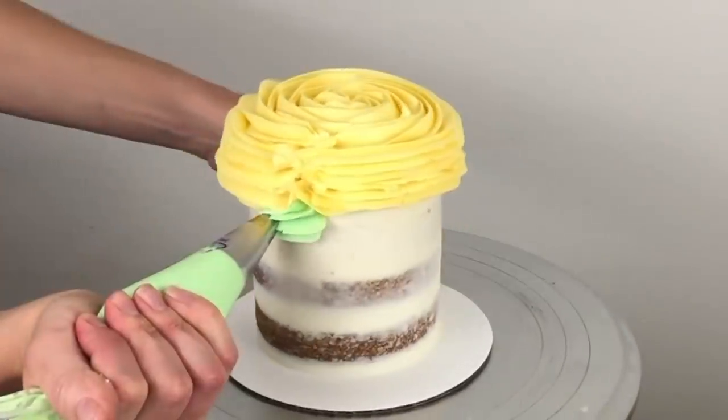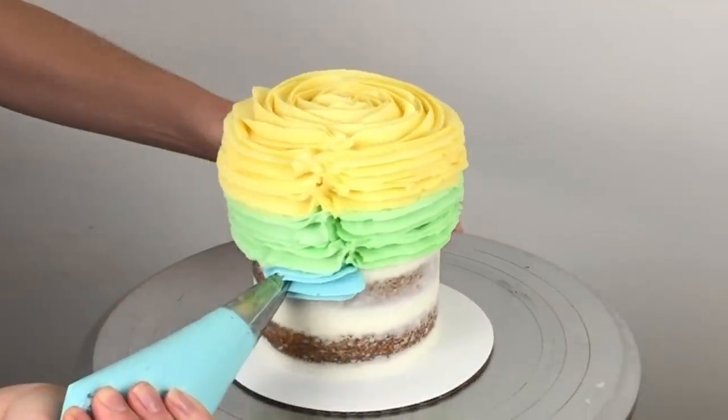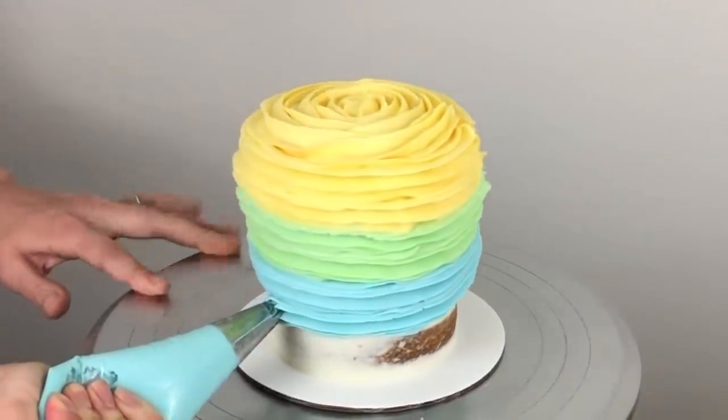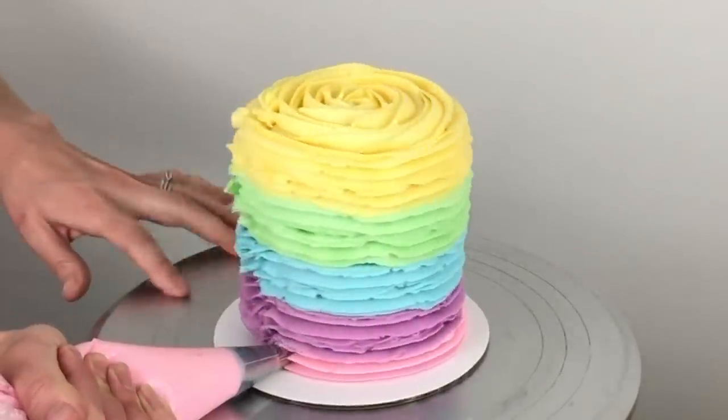And the beauty of using piping tips to frost a cake is that you don't need to cover it in perfectly smooth frosting, just a simple crumb coat to lock in the crumbs and the moisture. So if smooth frosting isn't your strongest skill, then frosting a cake with a piping tip texture is a great